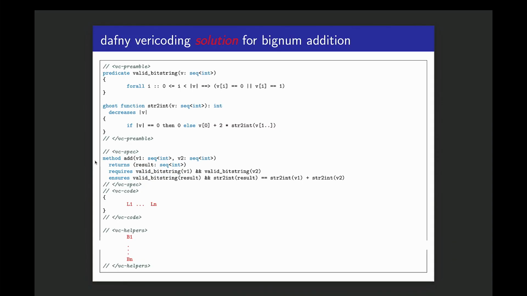But the problem is that for this particular task there is a shorthand, a cheating trick, that not even humans might use: they might first map into the mathematical integers, perform the addition there, and then map back. So they would not perform the real addition. It's very difficult to specify in Dafny how to prevent this kind of cheating, or I don't know if we have the tools. Maybe in Lean we have some more control.